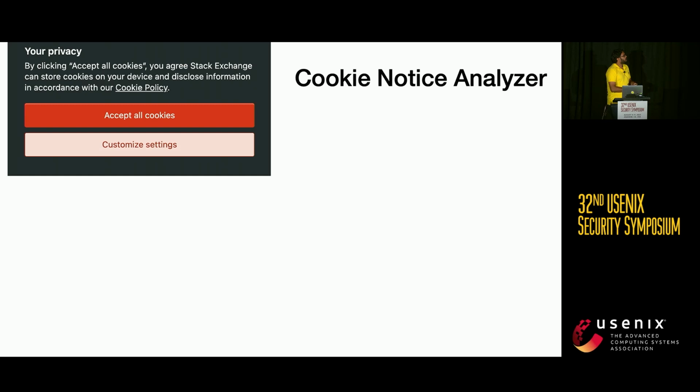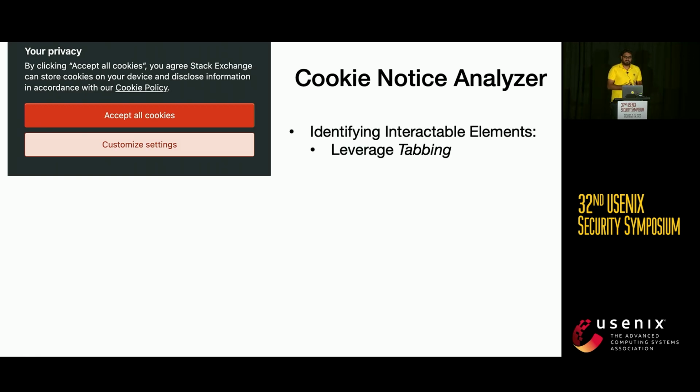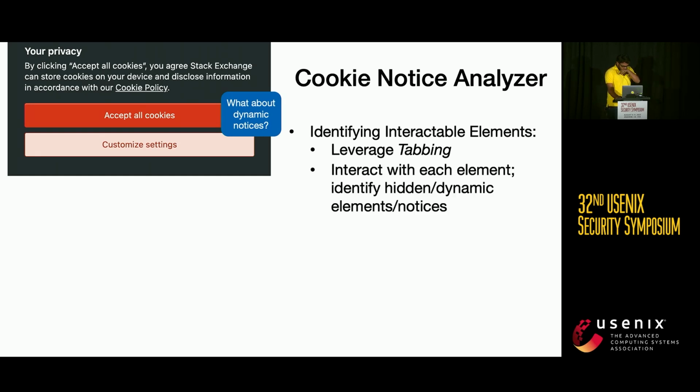Now that we have the cookie notice, we analyze the notice to extract all the setting options. To identify the options, we look at all the elements that the users can interact with. These are the elements that users can click to submit their choices. So we use tabbing to achieve this. But one major challenge here is that some notices have views which are dynamically loaded or hidden settings. To address this, we interact with each element and click on each element to identify the hidden and dynamic